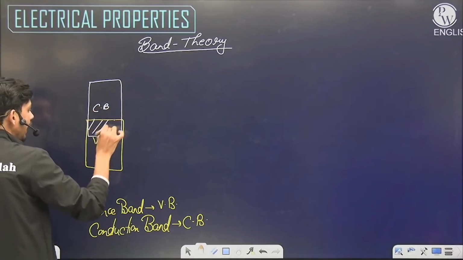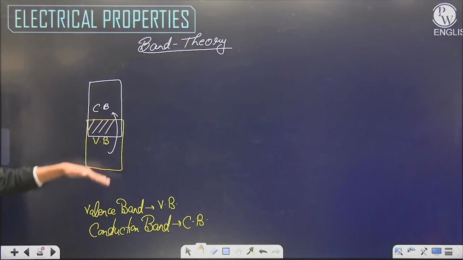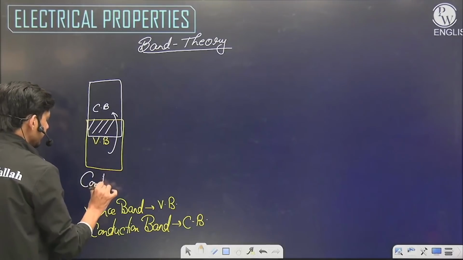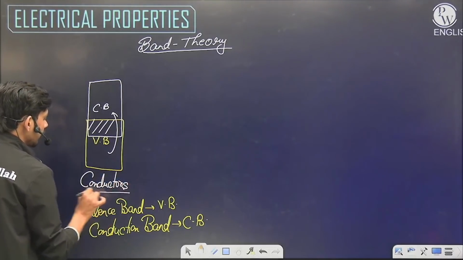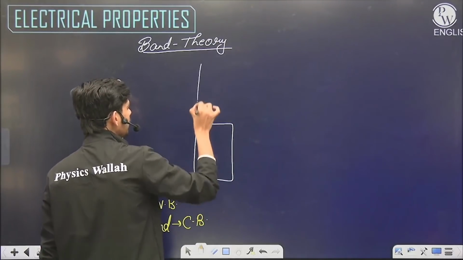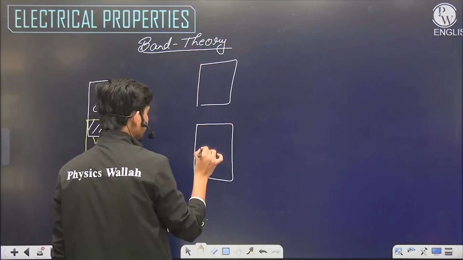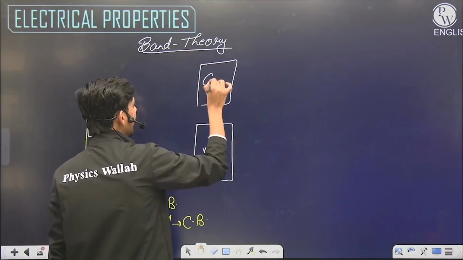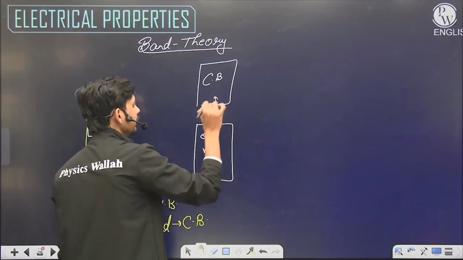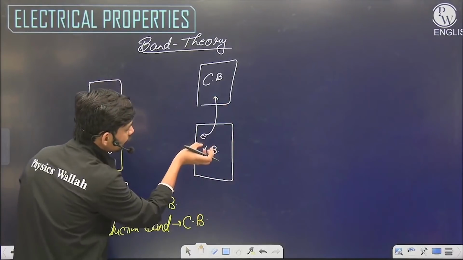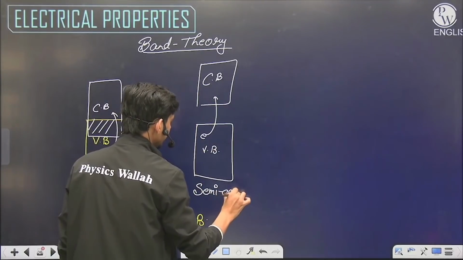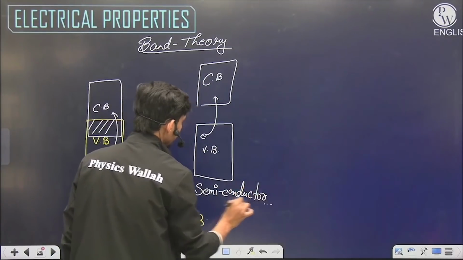So it is very easy for an electron to move from the valence band to the conduction band, and that's why they behave as conductors. For semiconductors, there is a little bit of energy gap, 0.7 electron volt, 1.1 electron volt, like that. There is a small energy gap between the conduction band and valence band, and electrons require some additional help in order to move from the valence band to the conduction band. That's why they become semiconductors, or conductors with weak conductivity.